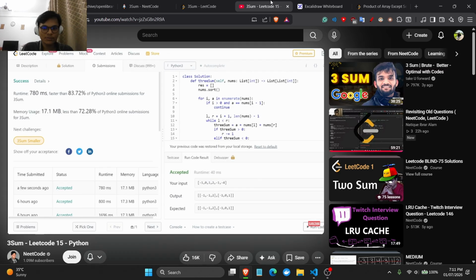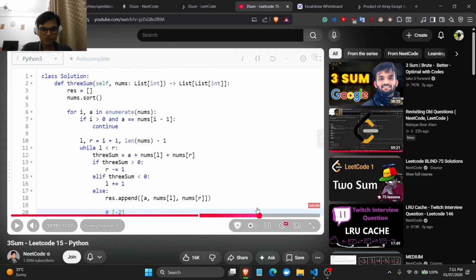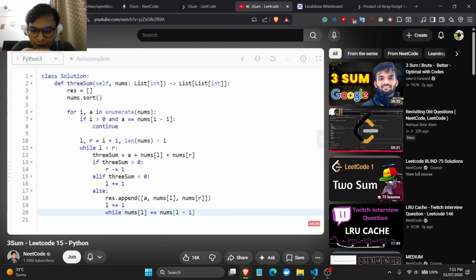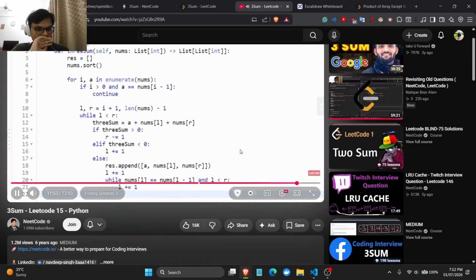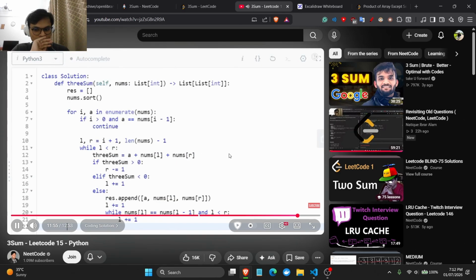So now I'm a bit confused, and then in the middle of the code he says, okay, well, this makes sense. For the negative value case, if nums of left is equal to nums of right minus 1, that means it's the same value, so we have to keep shifting our pointer. But remember, we don't want our left pointer to ever pass the right pointer, so we're going to add that to the condition. So this is all we needed to do, and now I believe, unless I've made another stupid bug,